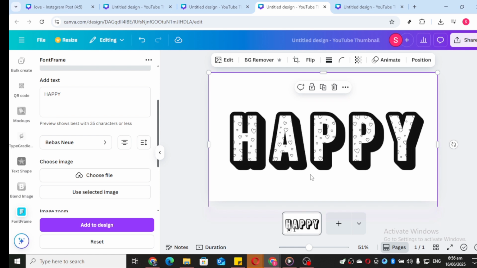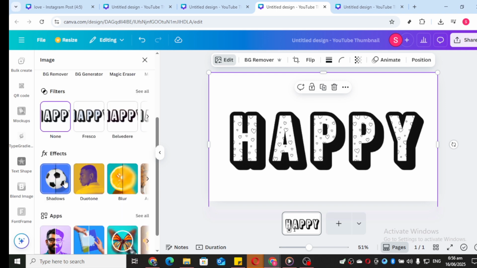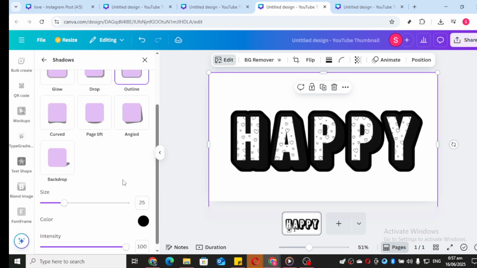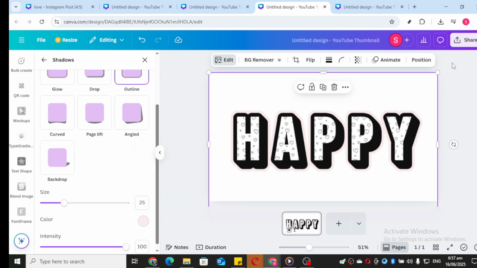Once the text and size are to your liking, switch gears by clicking Edit found in the toolbar. You're now diving into the shadow effects. Select Outline and change its color to white. This outline will make your text pop beautifully against the pattern background. Afterwards,